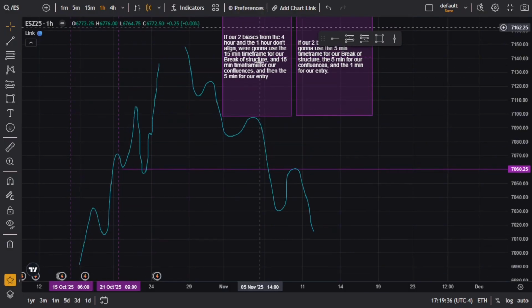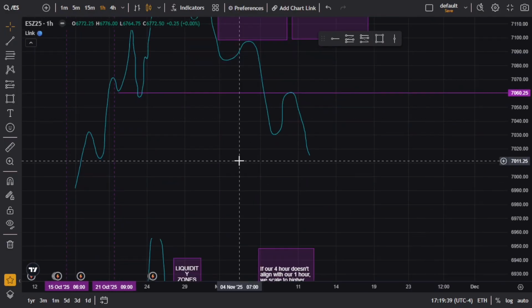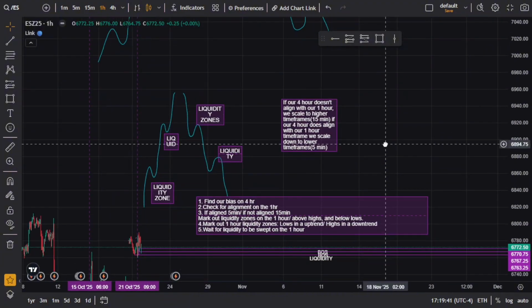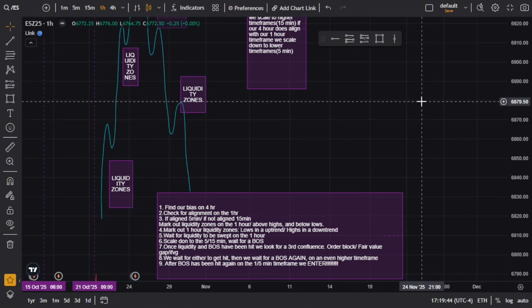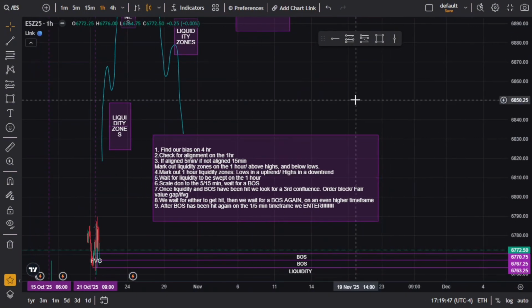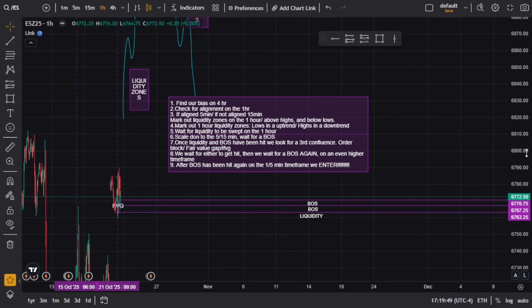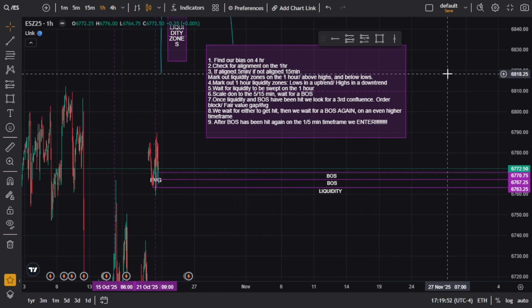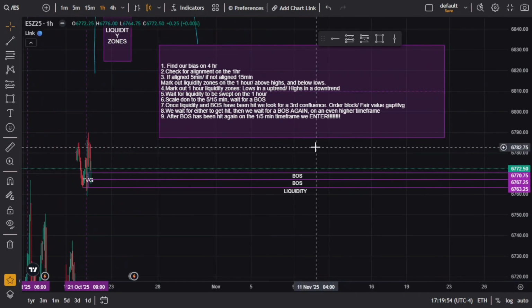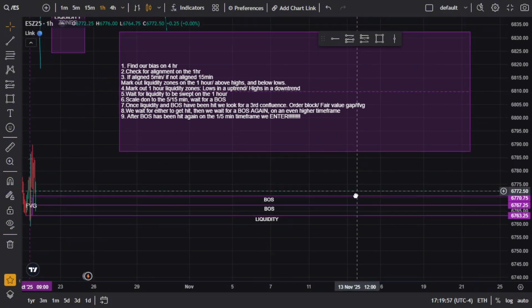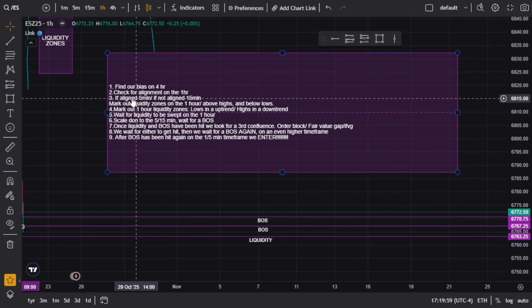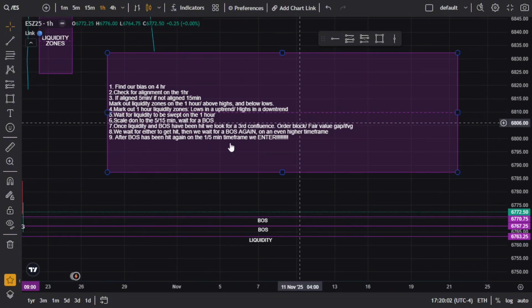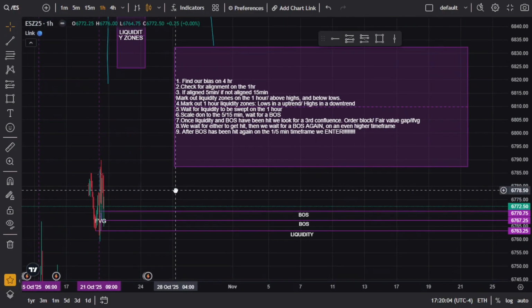So the time frames are different, and that's because they're going in opposite directions, meaning it's easier to hit certain points or confluences on the 15-minute, and you don't really know where price is going to go because they're going in opposite directions. So, after we find out what time frames we're going to be using, we're going to be marking out our liquidity zones on the 1 hour.